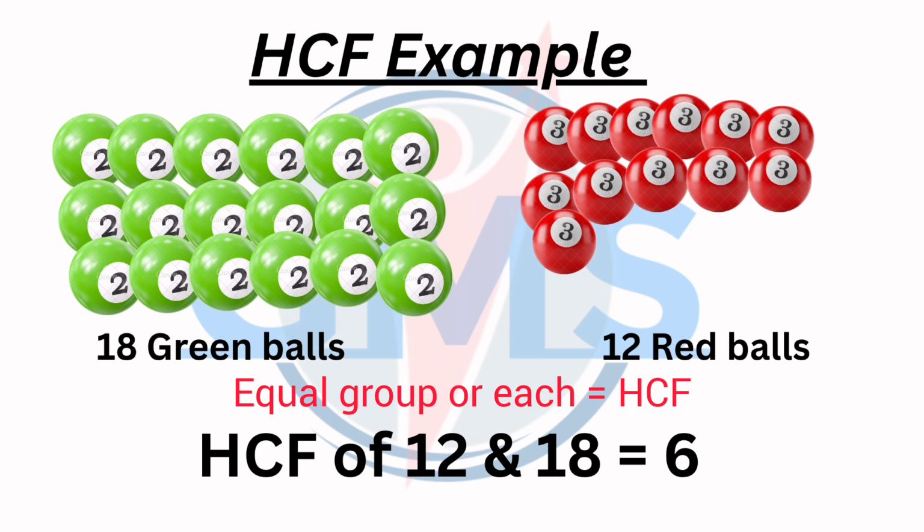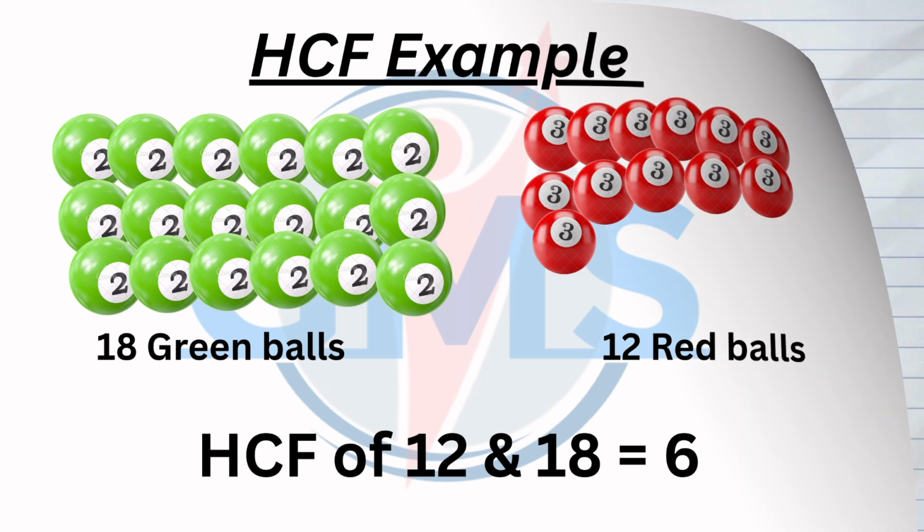Suppose 18 is there. HCF is what? Highest common factor. The common factor of 18 and 12 is 2. It's not the highest, so we move further. 3 is also a common factor of both. It is also not the highest. Now come to 6. 6 is also a common factor of both these numbers. If we move further from 6, there is no number which is a common factor of both numbers. So 6 is the highest, and we will take the HCF as 6.